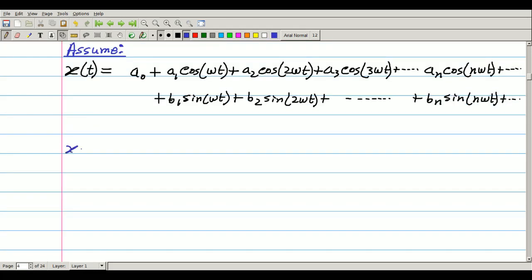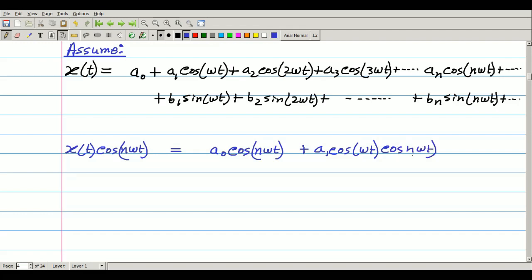So the left side is x(t) multiplied with cosine n omega t, and the right side will be a0 multiplied with cosine n omega t, and then plus a1 cosine omega t multiplied with cosine n omega t plus other terms, and here we will get an cosine n omega t,